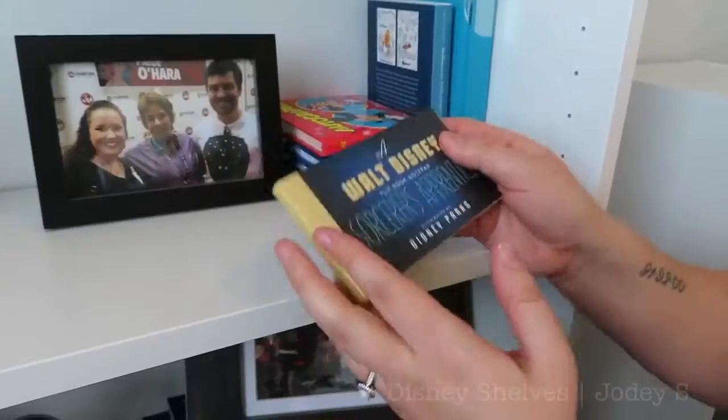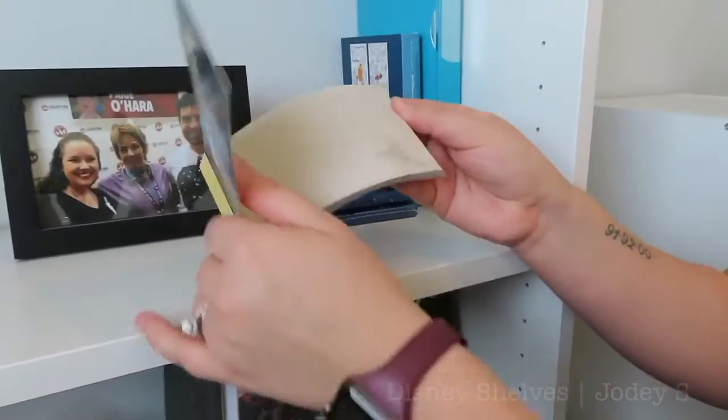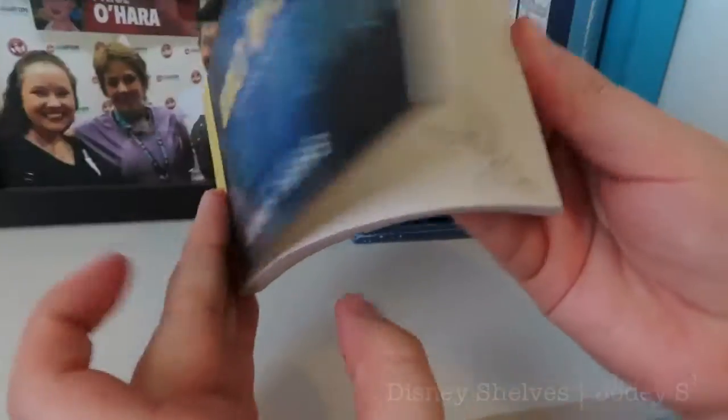And then I have this. It is a flipbook notepad of the Sorcerer's Apprentice. So if you just look in the corner there, you see Mickey,